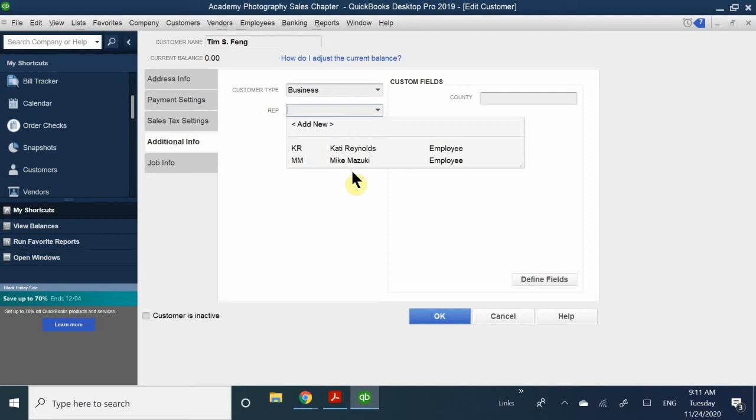If you're going to be bringing in customers, you could get a commission based on every customer you bring in. So in this case, this way we can organize who brought who in and who should get paid for whatever percentage we offer. So in this case, Mike Mazowski should be the representative for Mr. Tim Feng. All right. And county,